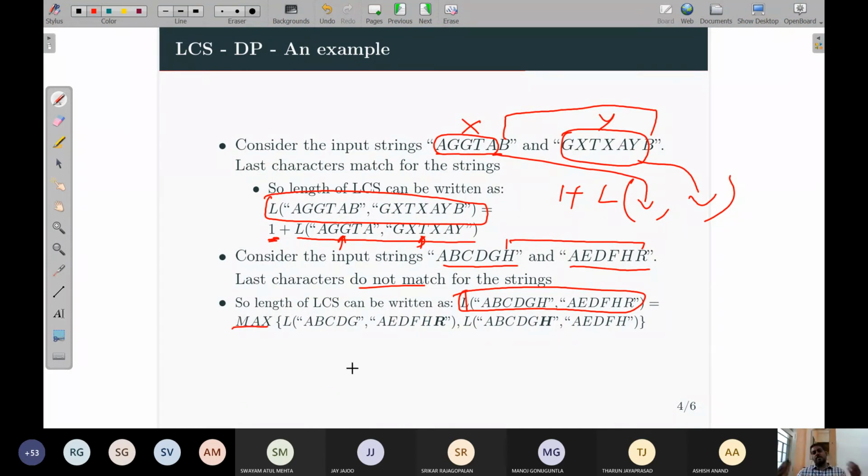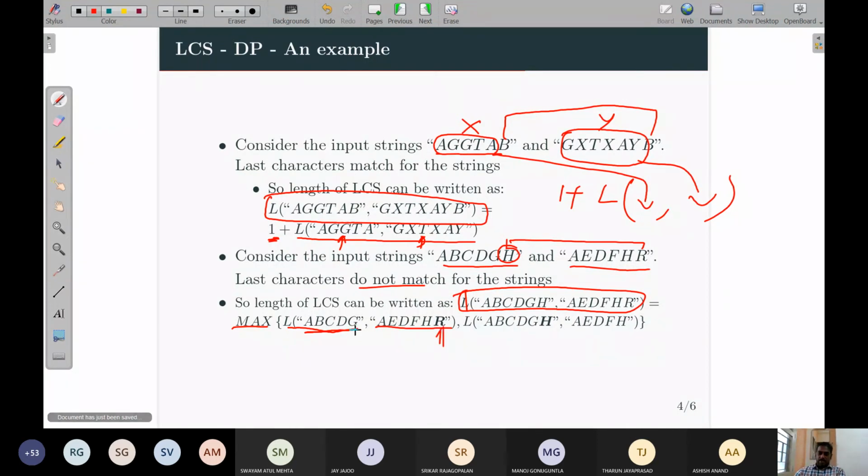So we don't know which will be counted. That is why we are taking the maximum. If this is maximum, count that. If the other one is maximum, you count that. L, A, B, C, D, G. So this H we have removed and Y as it is. That is why this R is put in boldface.